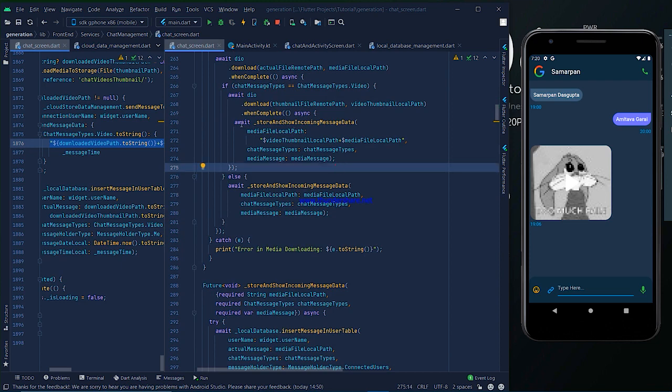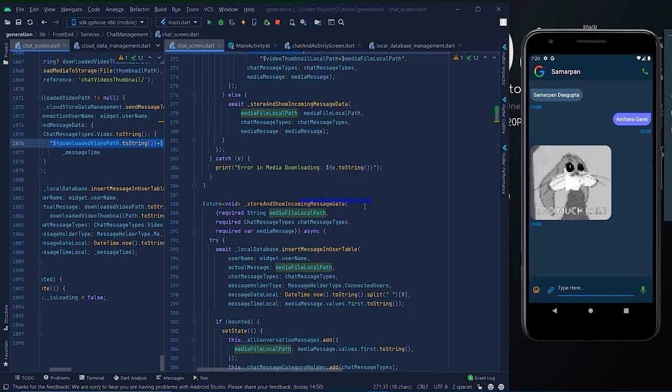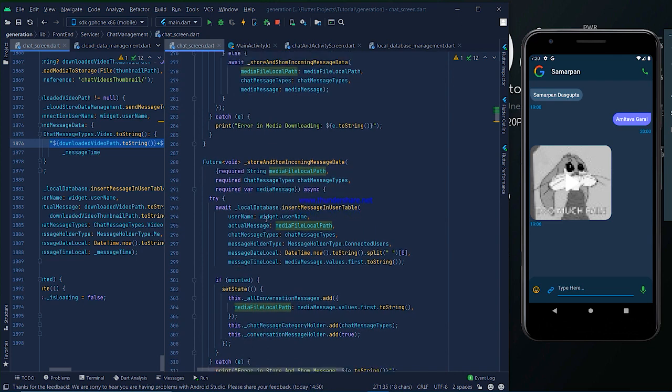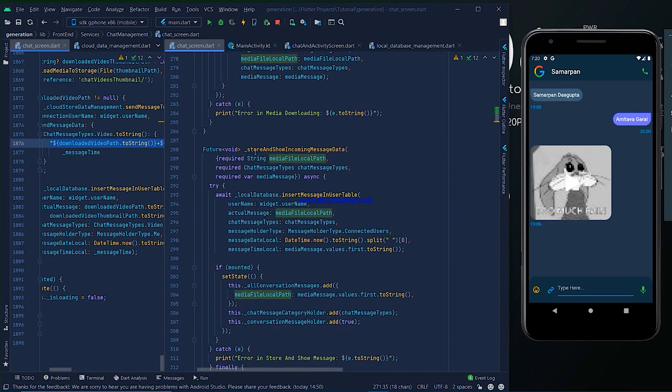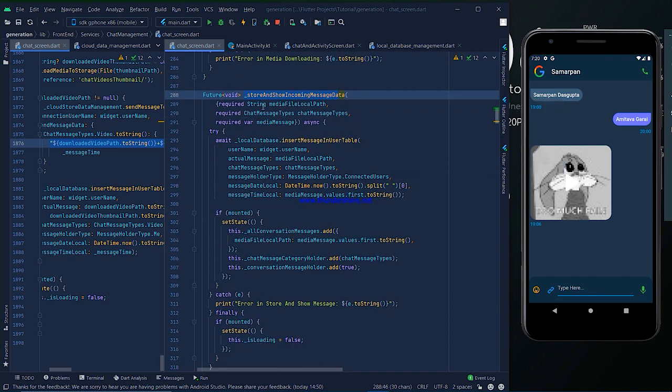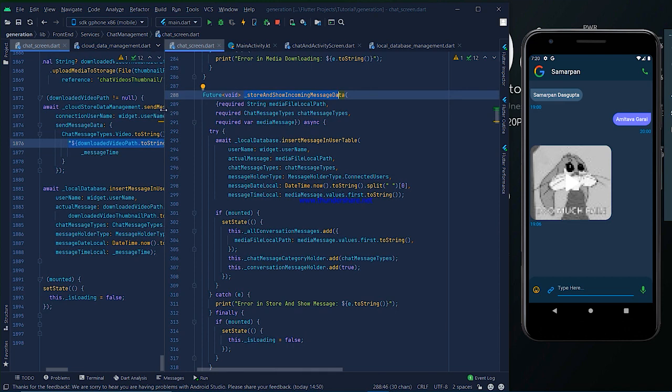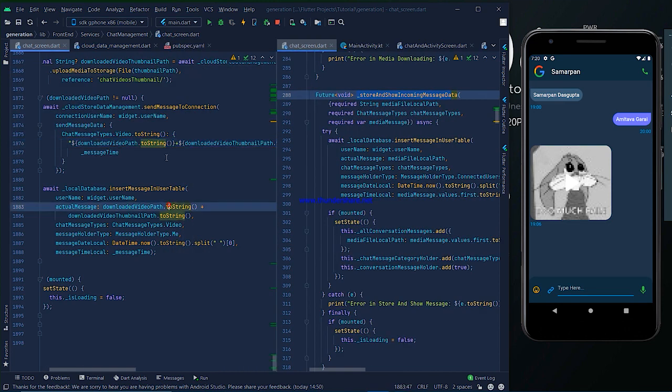So what we pass to the store and show incoming message data method is the media file local path. Media file local path just means what will be stored in the local storage. Here we take the media file local path, chat message type and media message. The media message just means the selected section.